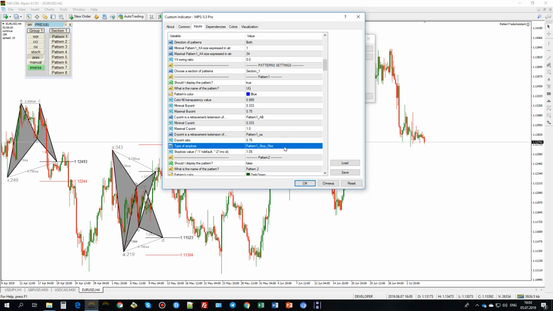Then what you need to set is the stop loss type. You can use Fibonacci extension. The stop loss is based on your X to A leg. So if you use Fibonacci, it is an extension of your XA leg. Then you use your pipsage or ATR. The pipsage is how many pips you use above the invalidation level, and ATR is how many ATRs you use